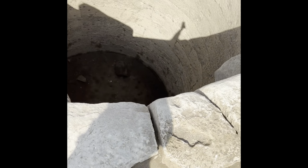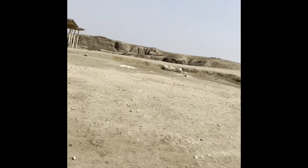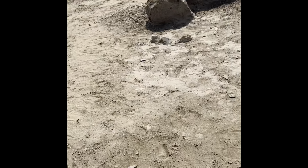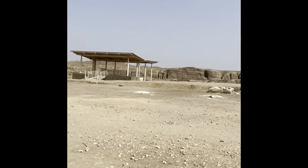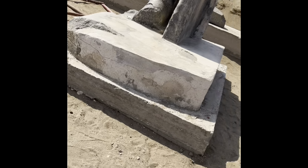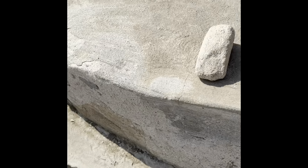But by this point, I just had to head back to the car, and that's when I found the finger. Bits of stone sticking out of the ground. There's stuff everywhere here. So, I've just done the site of Tanis,